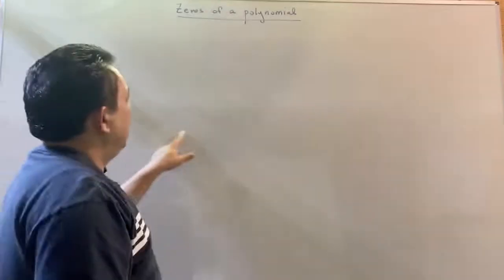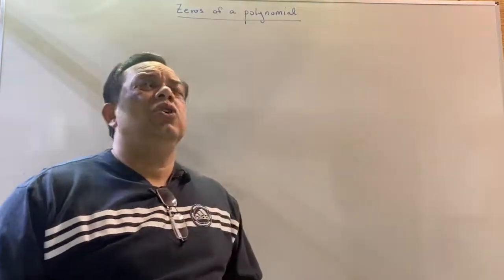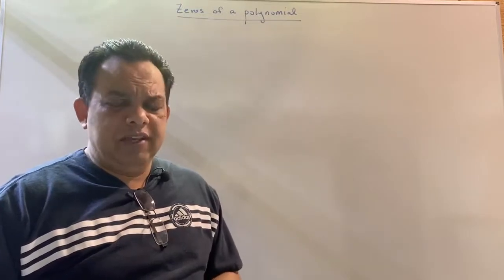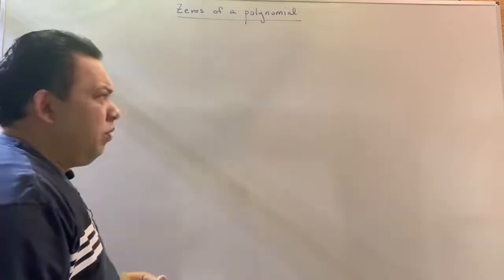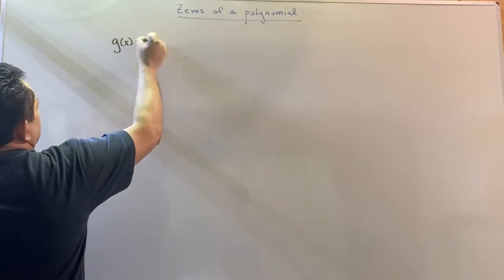Hello there. Today we'll look at zeros of a polynomial. What do we really use, or how does it help us? And why do we need to find zeros of the polynomial? Well, as you know, if we have a polynomial g of x is equal to